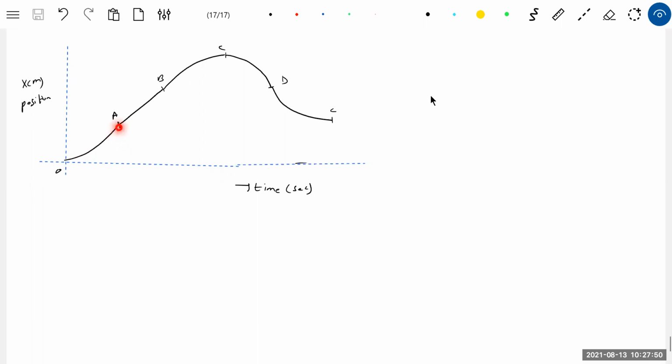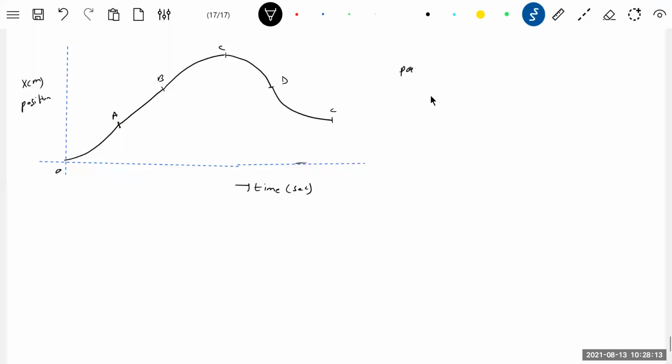From the position versus time graph, what can you calculate? If you calculate the slope, you'll get the speed. And from speed, you'll get the kinetic energy. From kinetic energy, we can get the work done. Look, the slope is increasing. So speed is increasing. So from O to A, what's actually happening is,